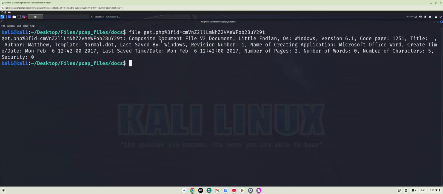If we go here, right here it tells us the name of the creating application, Microsoft Word. And then it tells us that the author is someone named Matthew. So we got a little bit of information about who created this file. We now know that this was indeed the file that started off the malware incident. We're not going to dig any further than that,